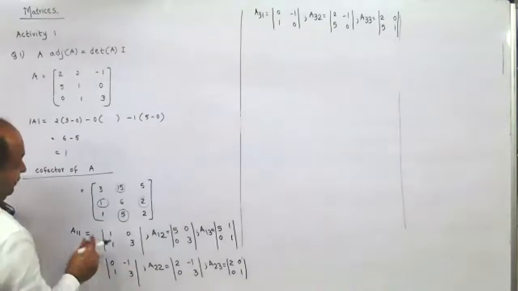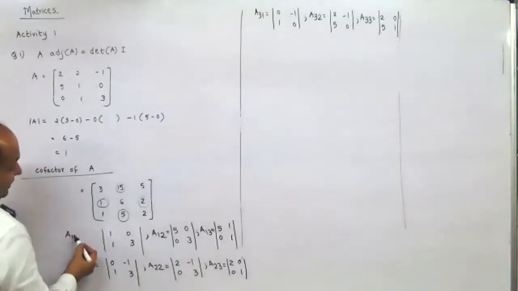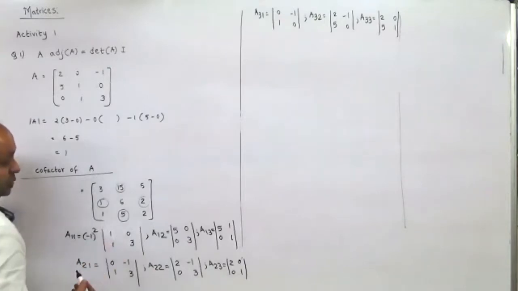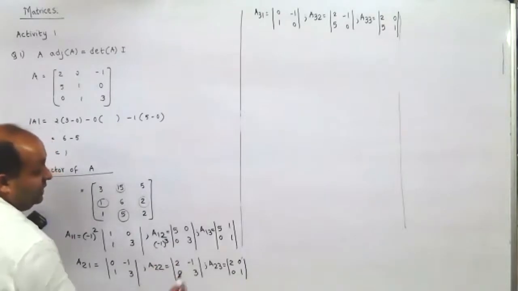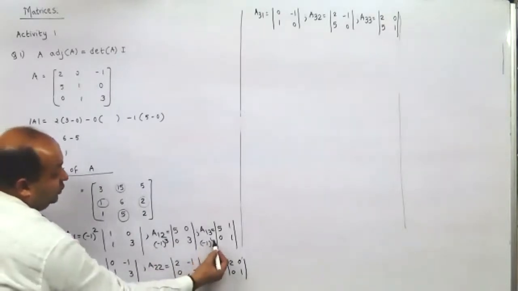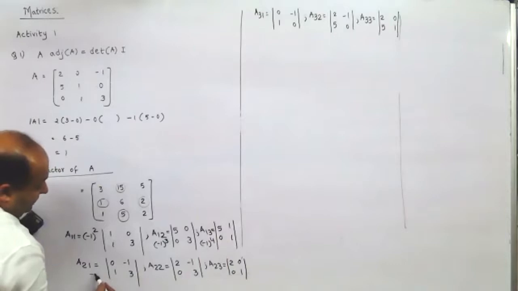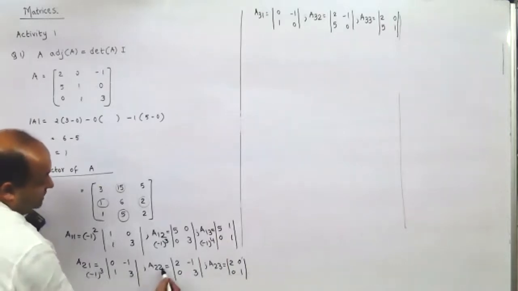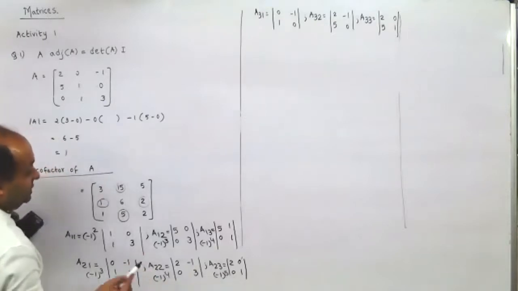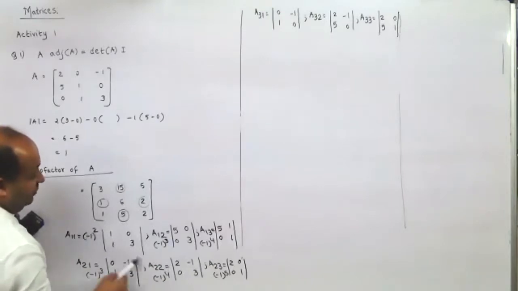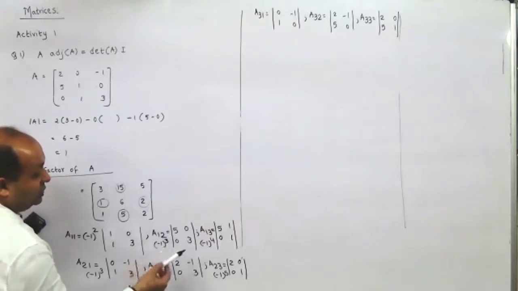How do you know the signs have to be changed? Here, this is A11. So write this as minus 1 raised to 1 plus 1. So it is 2. A12 is minus 1 raised to 1 plus 2. So it is 3. A13 is minus 1 raised to 4. This is minus 1 raised to 2 plus 1. This is minus 1 raised to 2 plus 2. This is minus 1 raised to 2 plus 3. Now, if you observe, wherever you have even power, those signs won't change. Wherever you have odd powers, those signs would change.